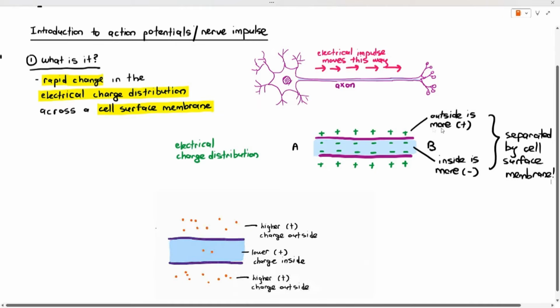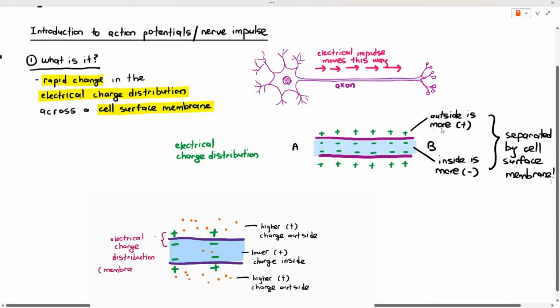Therefore, to make life simpler for ourselves, instead of writing the words higher positive charge outside, lower positive charge inside, which is too much of a hassle, we simply represent it using a positive symbol outside and a negative symbol inside. The positive and negative symbols imply that there is a higher voltage outside and a lower voltage inside. This is known as the electrical charge distribution across the cell membrane, also referred to as membrane potentials,